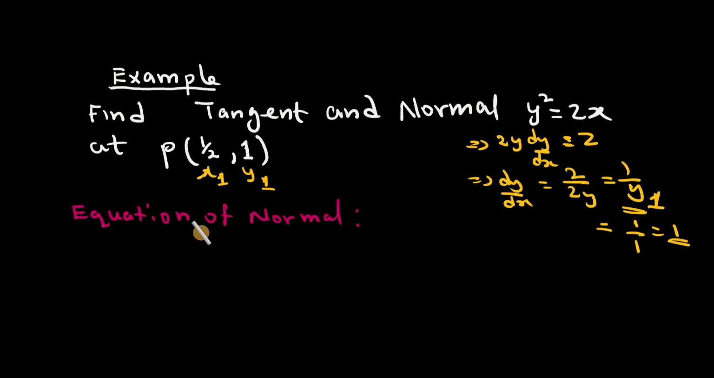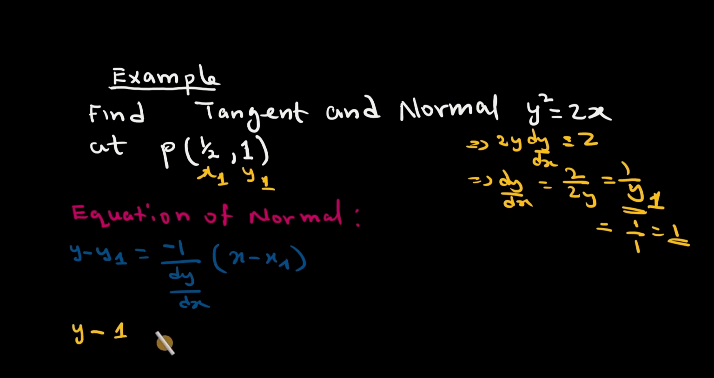Now let's find the equation of the normal. We know the formula to get the equation of the normal is given by y minus y1 equals negative 1 over dy/dx times (x minus x1). So we need to look for minus 1 over dy/dx. But we know dy/dx equals 1 and y1 is 1, x1 is half. It means the equation of the normal will be y minus 1 equals minus 1 over 1 times